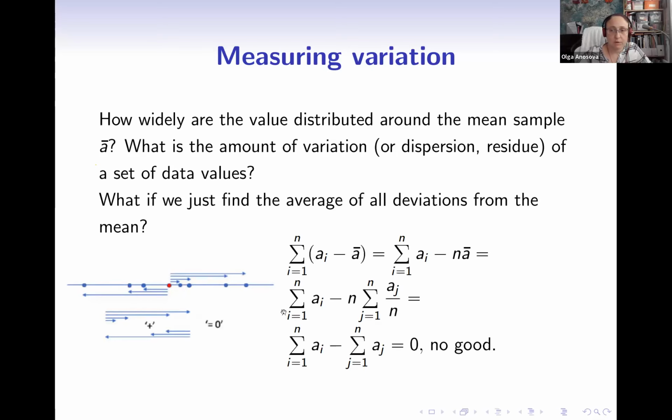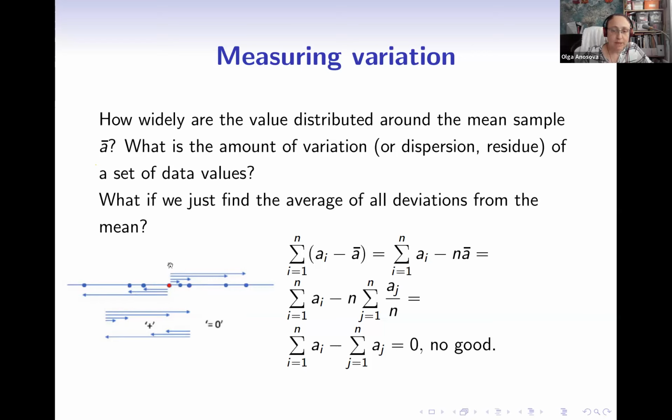Yes, great. So the idea is to take power 2. That's a good idea. Why? Because the main problem here is that the signs get in the way. We go in one direction and then in another direction, which means that the signs of differences or deviations will be different, and we would like to get rid of the signs, right? So thank you very much, Marjan. That's indeed a way to go. Try to get rid of the signs.